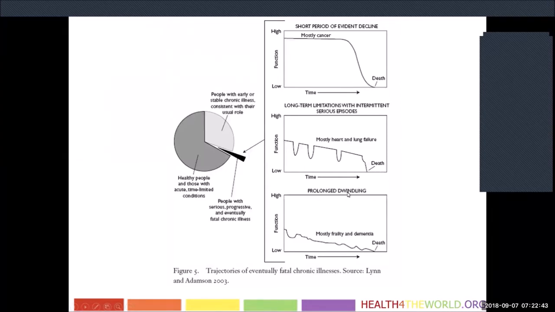And then you have what we call the prolonged dwindling, which are frail patients with dementia, maybe patients that have late-stage strokes that have stabilized. They come to you with very low functioning levels, but if nothing catastrophic happens, the decline is so slow that people can become complacent. When death is near, their functional level is so low that it can be difficult for family members to understand. Well, mom has been bedbound for years, I've been feeding her for years, why is this time different? Why can't you fix her again?